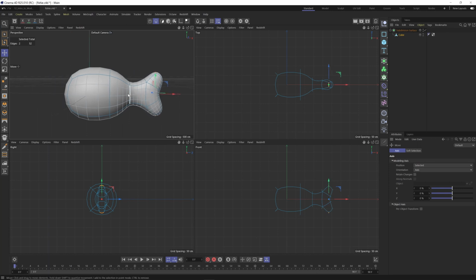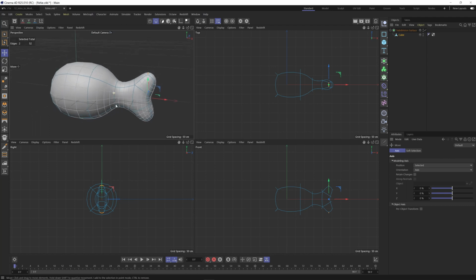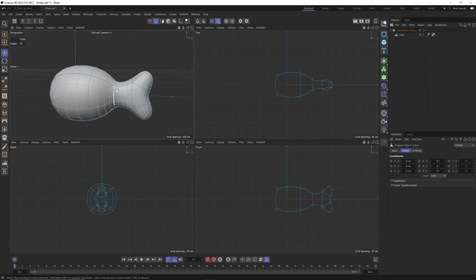Now let's just say I wanted to make this area between the main body of the fish and the fin a little skinnier. So what I'm going to do is select this loop of edges here. We can do this multiple ways. We can bring up our modeling menu, and there are 2 of them. If you hit U, this will bring up all the shortcut keys that relate to modeling, selection, tools and stuff like that. And you can see loop selection is L. So if I want to bring up the loop selection, I'm going to hit L,